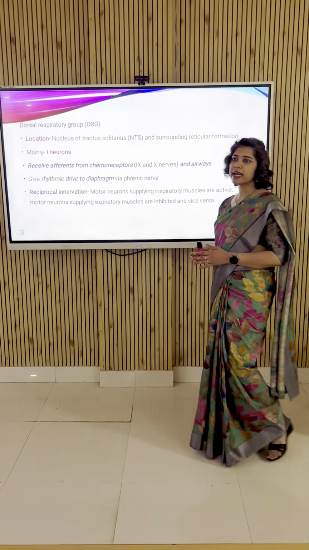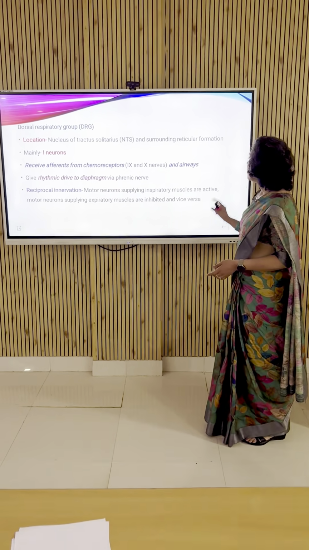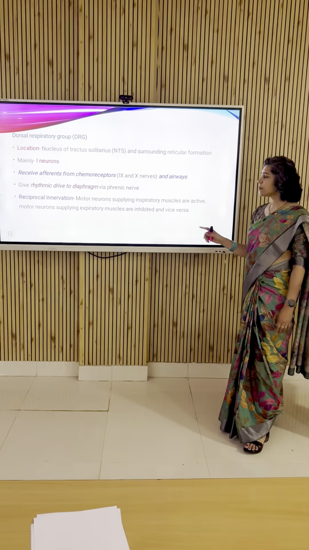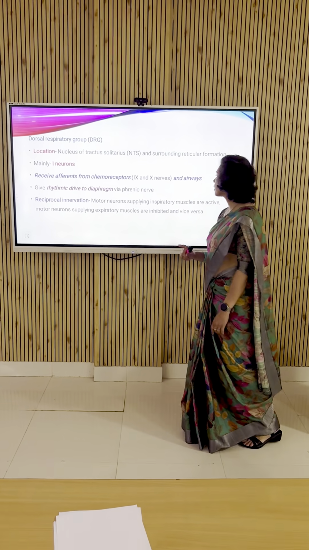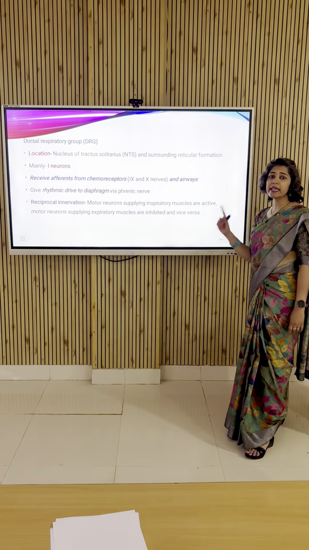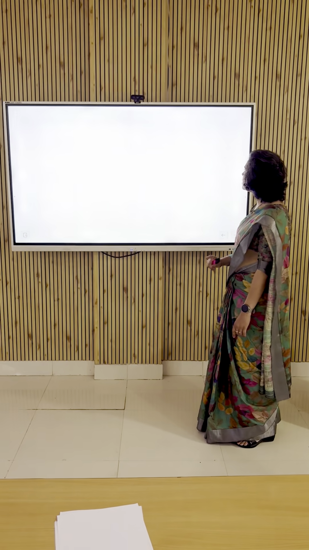Now there is a process that is called reciprocal innervation. That means the motor neurons that supply the inspiratory group of muscles are active, but at the same time, the E neurons that supply the expiratory muscles are inactive. You can see from this diagram,